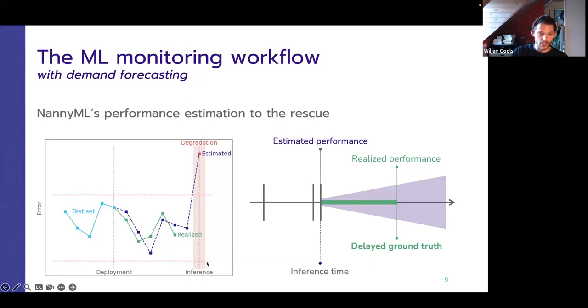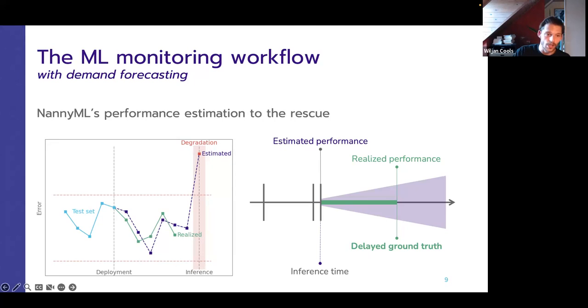If you would make predictions here, and this is your inference time, you would only really know what the realized performance is of your demand forecasting model of maybe a few months or a few weeks back. If you have estimated performance, you can actually already know at inference time how well your demand forecasting is going to do. And this is key because that allows you to act faster and actually act before there is a